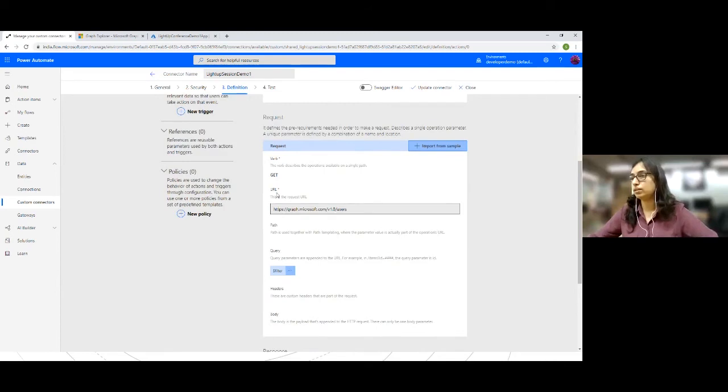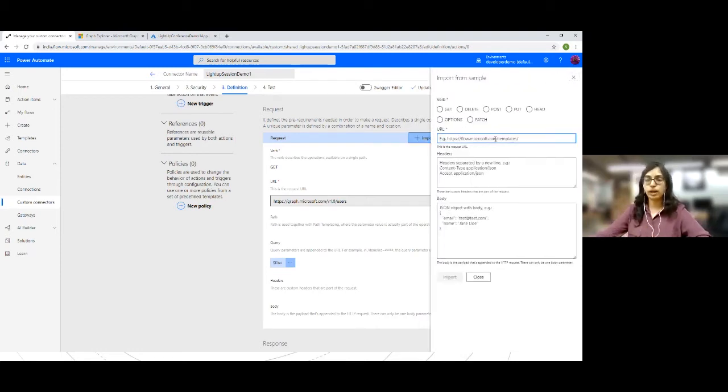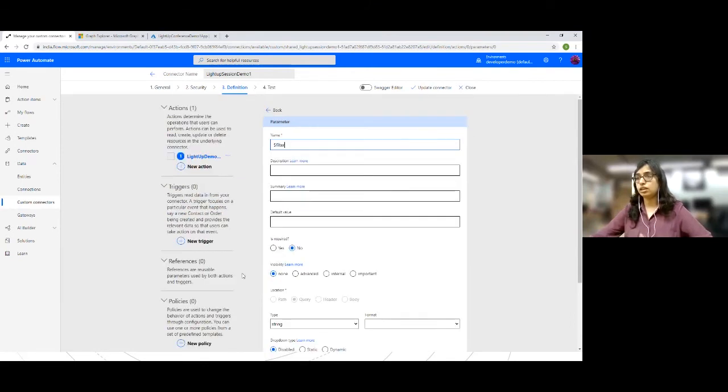So you see here, this is using the Graph API to get the users. Then it is using the query string, which is filter. Now, did you notice that we don't have options to add query string parameters? While you are doing the URL, that's where you need to specify your query string parameters, because on the UI you don't have an option to add new query string parameters. But I can certainly edit the parameters which I added to the URL. So I added the filter parameter to my URL, and I can click here and edit the details of this parameter.